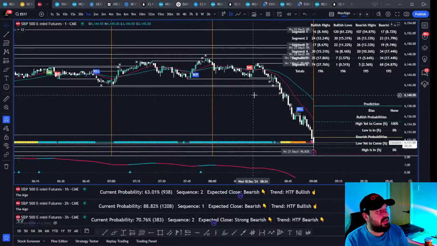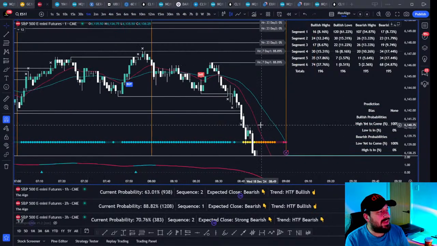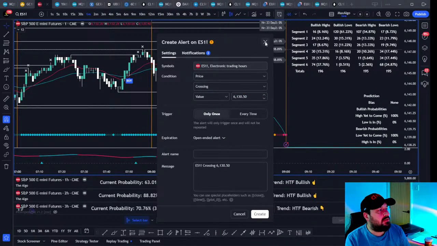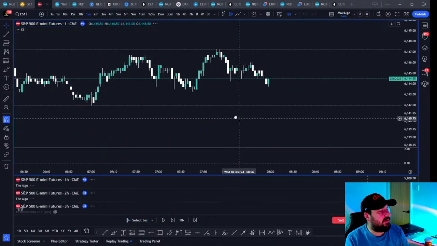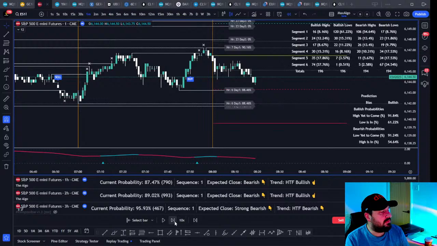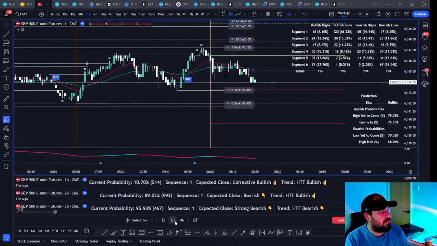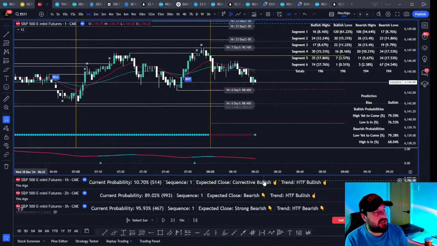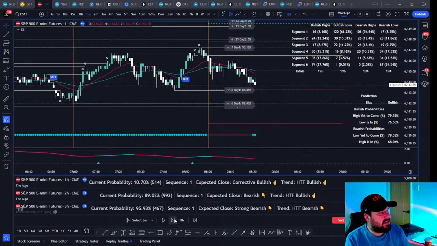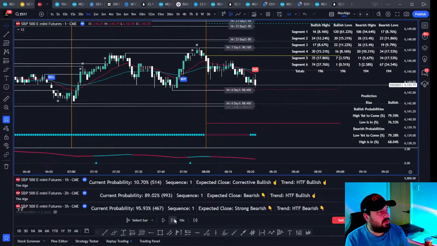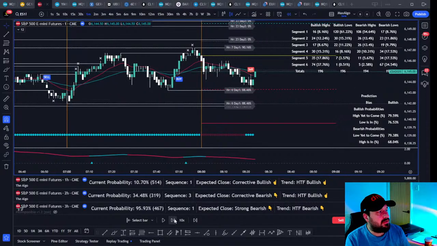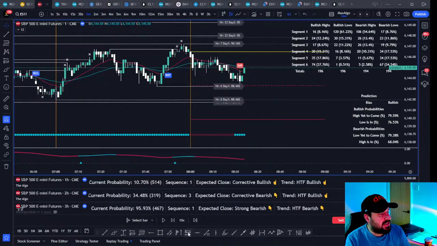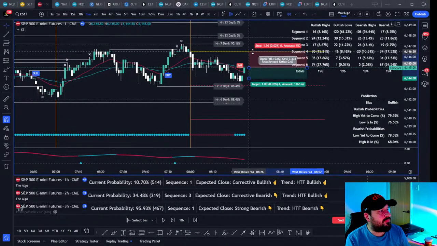We get a sell signal here. I doubt at that time the algo would have been in line to take the short anyway. Let's have a look. Okay, we're corrective bullish, actually, right? So we get the sell signal. So we're bearish. We're still bearish. So you absolutely could have taken the short at this point, right?